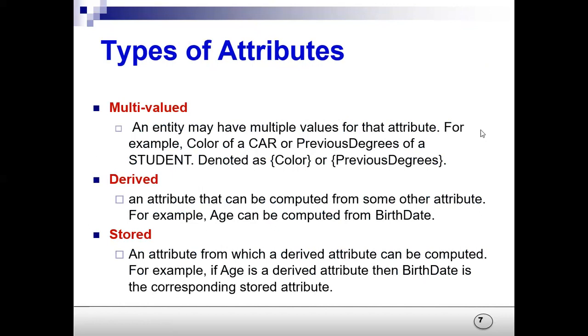Just wait, Ujjwal is waiting. Clear about derived and stored? From the stored attribute we derive the attribute, that is the derived attribute. That is, from the base class you derive the object, which is known as a derived object. Same concept. From date of birth we can find the age, where the date of birth is known as the stored attribute and age is known as the derived attribute. Please stop me if you don't understand anything.